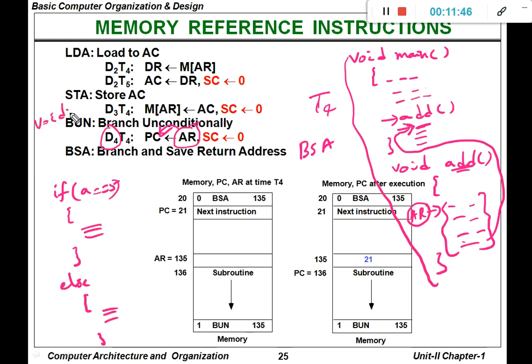So in the main program, there will be several instructions, and after some instructions there will be an if statement. If the condition is true, then it is going to execute one set of statements. If the condition is false, then it is going to execute the other set of statements, and it need not save the return address. So for if statement and switch case statement, we are going to use branch unconditionally. For subtasks, we are going to execute branch and save return address.